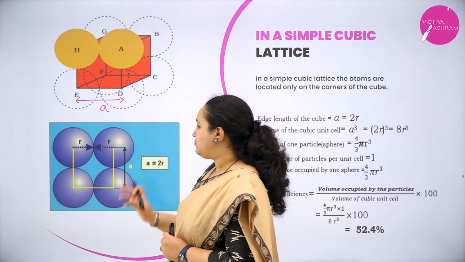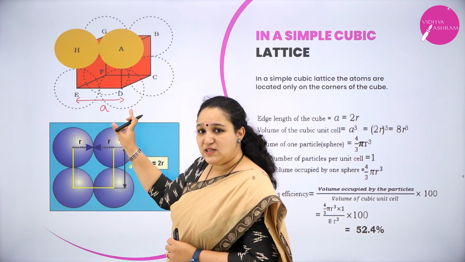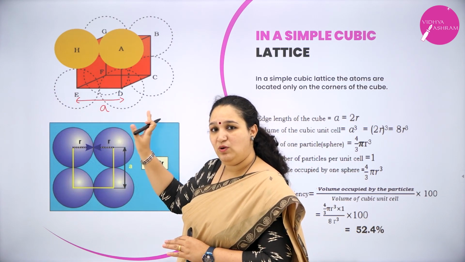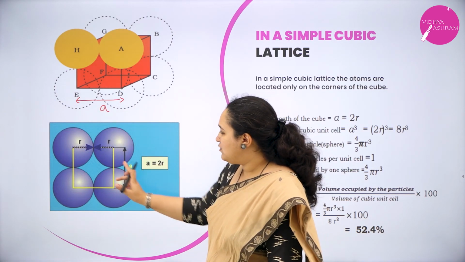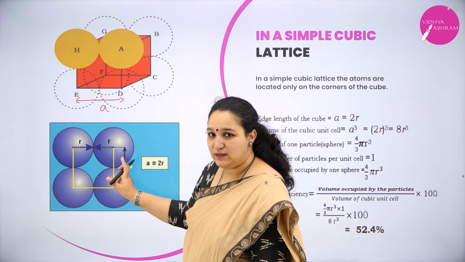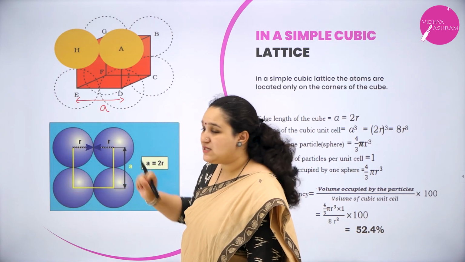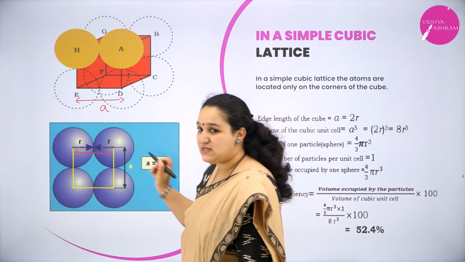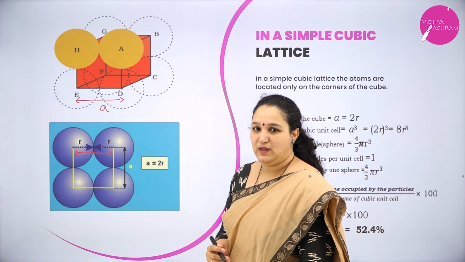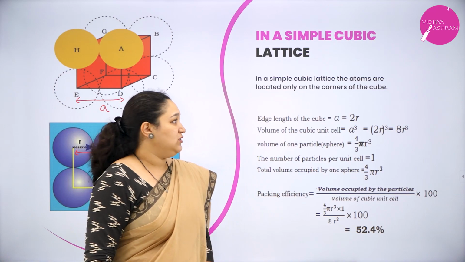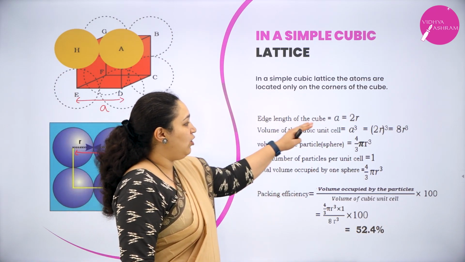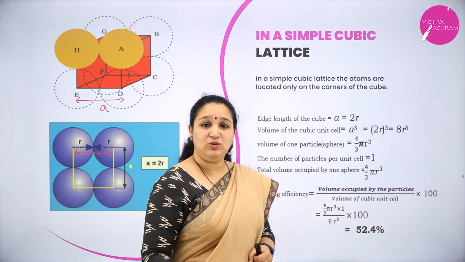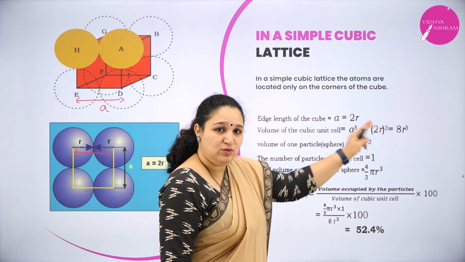Now, edge length: all the edge lengths are equal in a cubic unit cell. They are equal to small letter a. Now here if you see, because the particles are touching one another, if the radius of the particle is considered as r, a will be equal to r plus r, which is 2r. Now coming to the derivation, how will I write? Edge length of a cube is equal to a. What is a? a is equal to 2r.